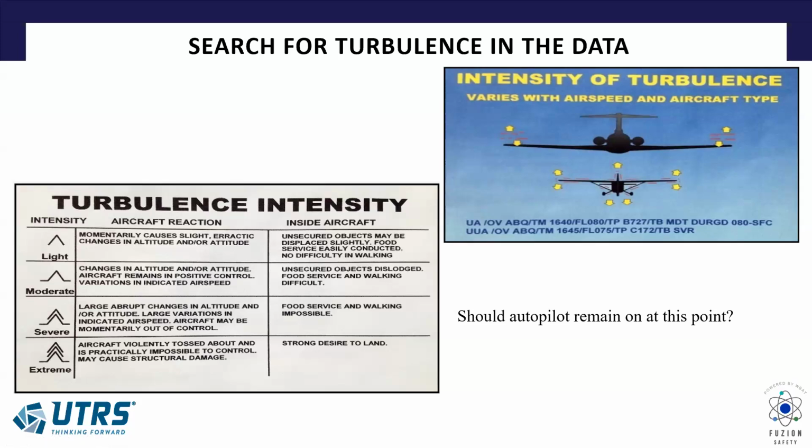And a question I have, when I flew the C-17, we have a button on our autopilot. It's a turbulence button, TURB, boom, just push it. If you sense turbulence, just hit it. And what it's going to do for you, it's going to keep your autopilot on, but instead of trying to hold an altitude and stress your wings out, trying to go up and down in turbulent air, it's just going to hold the pitch attitude so it doesn't dive and rise up. It's just going to ride it through.